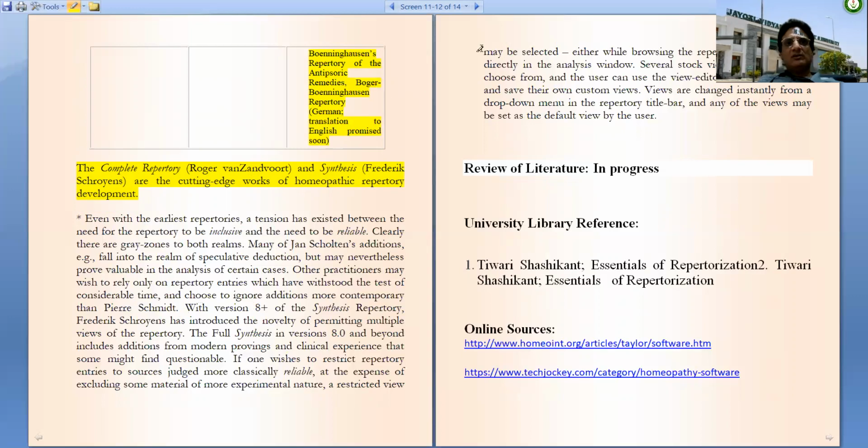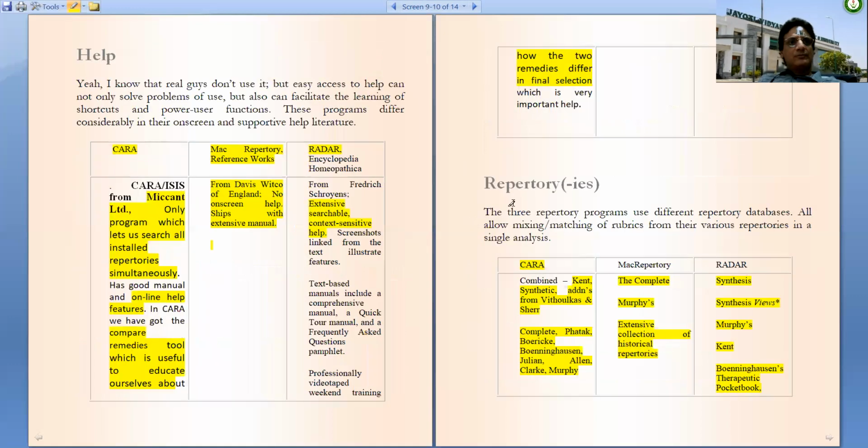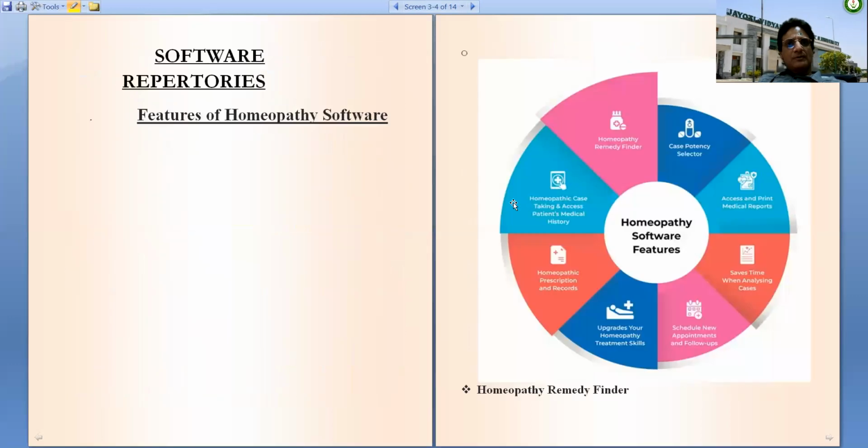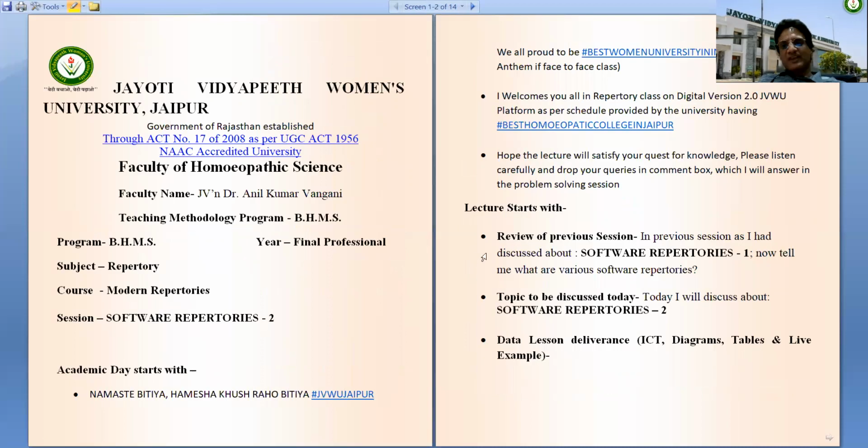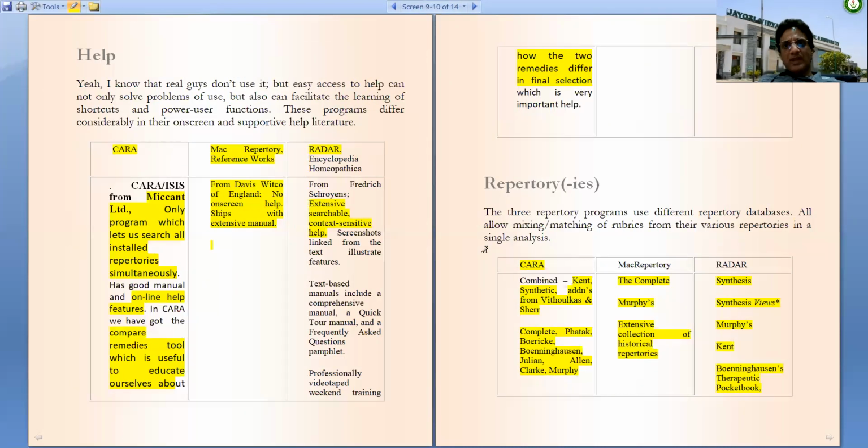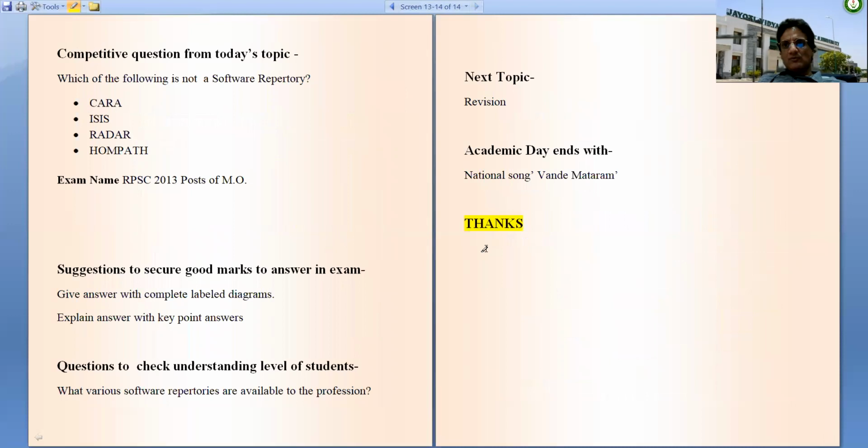So this is all in software repertory part second. See you next with a new session entitled Software Repertory Part 3. At the end of this session, I'm going to give you an assignment in the form of a subjective question.